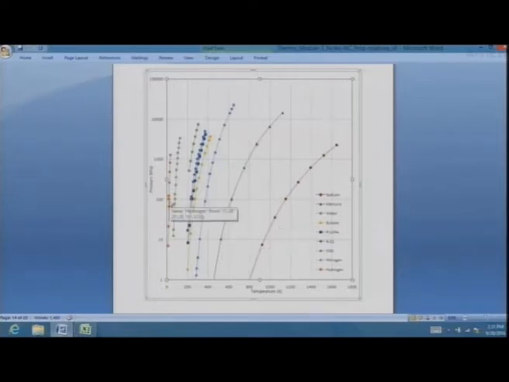On the extreme left is hydrogen. So we can see that the topmost point is the critical point for each of these substances. So hydrogen goes to very high pressure, but the critical temperature is like 10 or 20 Kelvin, somewhere about that. Then you have nitrogen, which goes up to about 126 Kelvin. Then you start getting carbon dioxide, and then a lot of curves which are very, very similar to